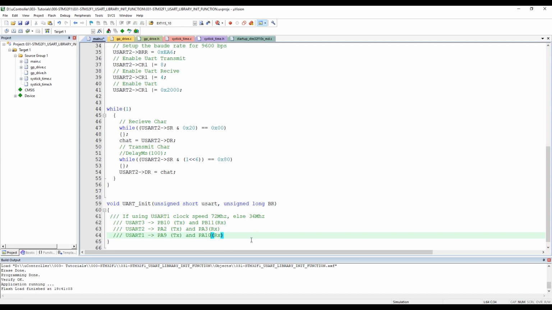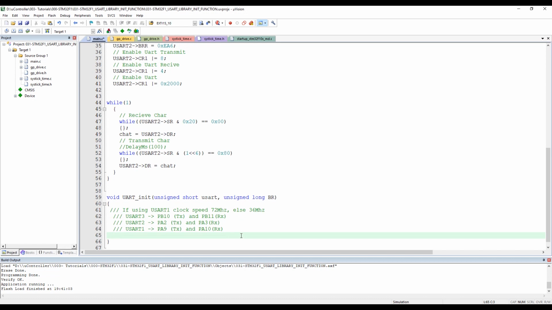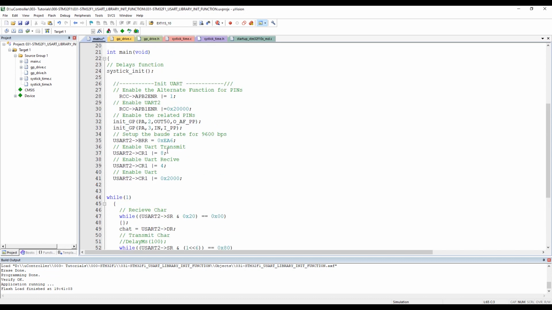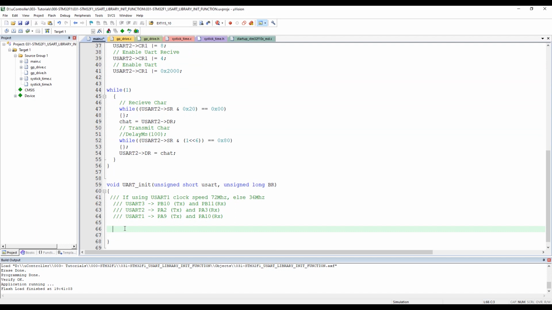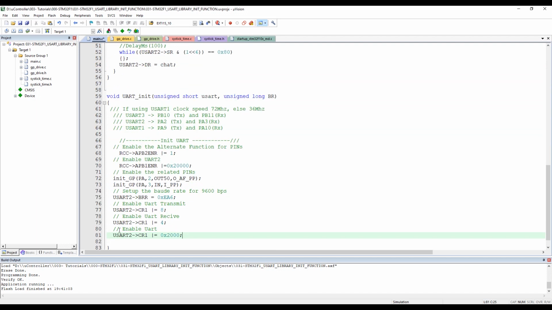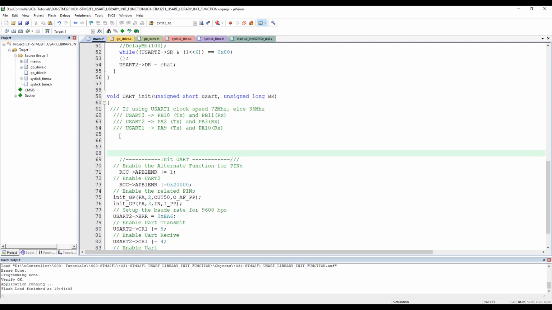Okay, great. That's fantastic. So now we do know our clock speed, and we know which pin is assigned to which UART. Quite easy till now. So let's go now and start putting our code. We bring what we wrote here and put it here, because this is already the input for UART2. So what we can do, so if